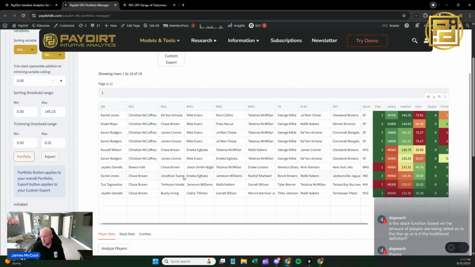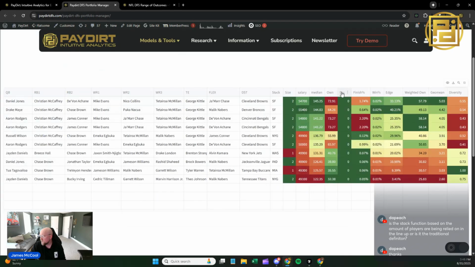And you can get a nice little chunk here of lineups that make sense based on projection and ownership, right? You can see that we just did this based off geomean. We have the top overall median, which goes down and down and down linearly. And we also have the geomean that goes down and down and down, right? And we also see that the ownership is going down for the most part, right? I mean, the geomean is a little bit more effective than ownership, but we mostly see that ownership is dropping